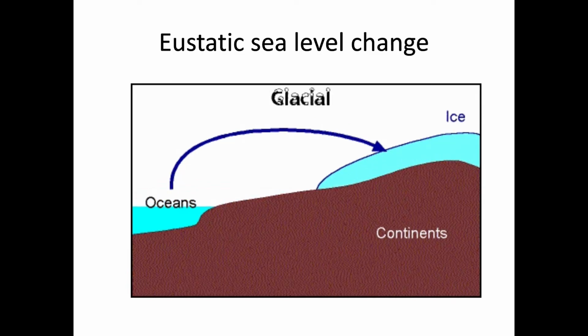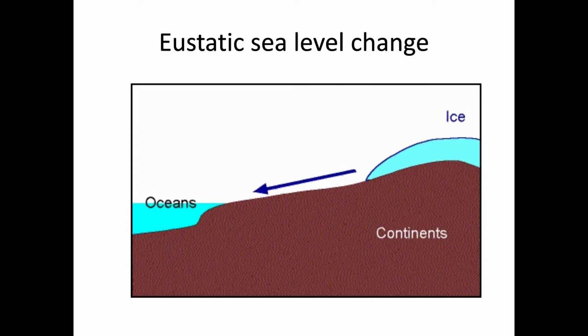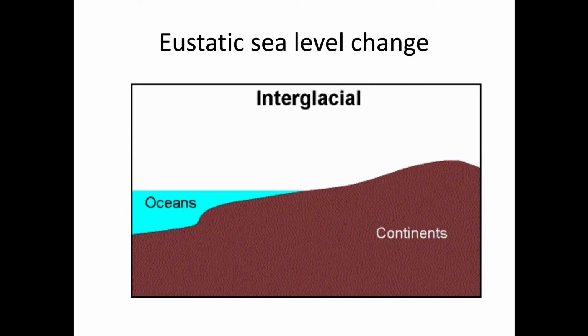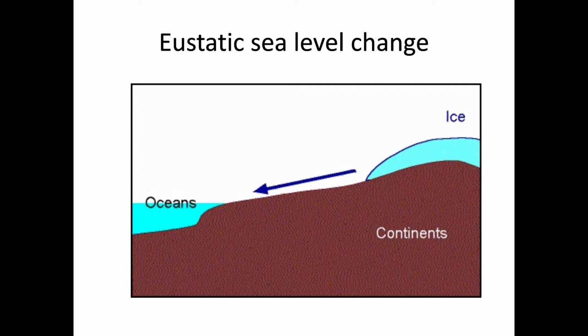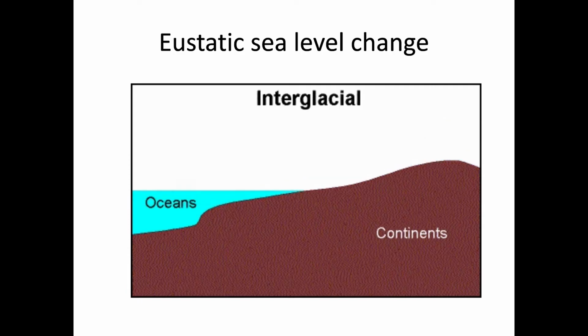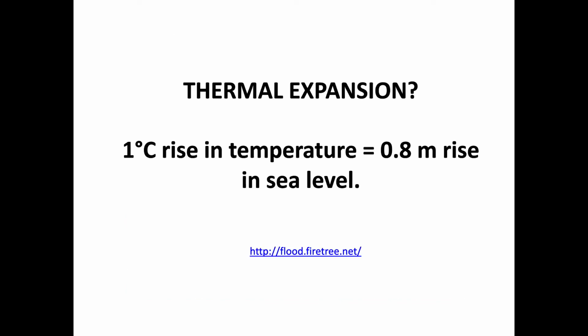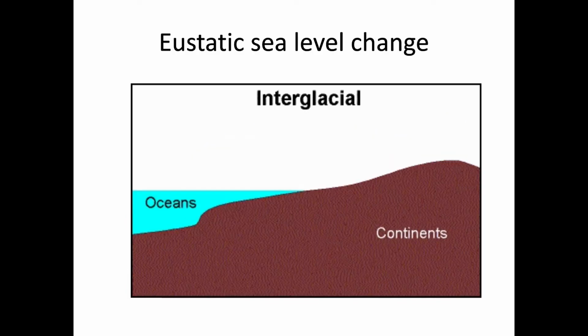Quick bit of coast revision. There are two types of sea level change. There's this one, which is called eustatic, which is to do with the sea going up and down. And there is another one called isostatic, but that has no relevance to the water cycle, so I'm not going to mention it. Okay. Equally, I'm not going to mention thermal expansion, but if you want to do a quick bit of coast revision,